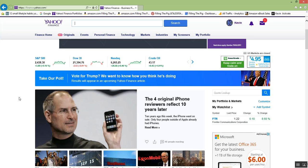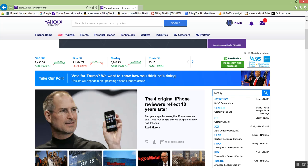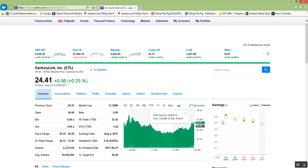Now, if we want to locate the stock summary for CenturyLink, the first thing we have to do is we're going to go over here to where it says quote lookup, and we're going to start typing in CenturyLink. And you can do this with any company, and Yahoo will bring up the closest search that is available in their databases. And as you can see, CenturyLink is the number 3 option down here, so we're just going to click on that. And what's going to happen is Yahoo is going to bring up a stock summary for CenturyLink,